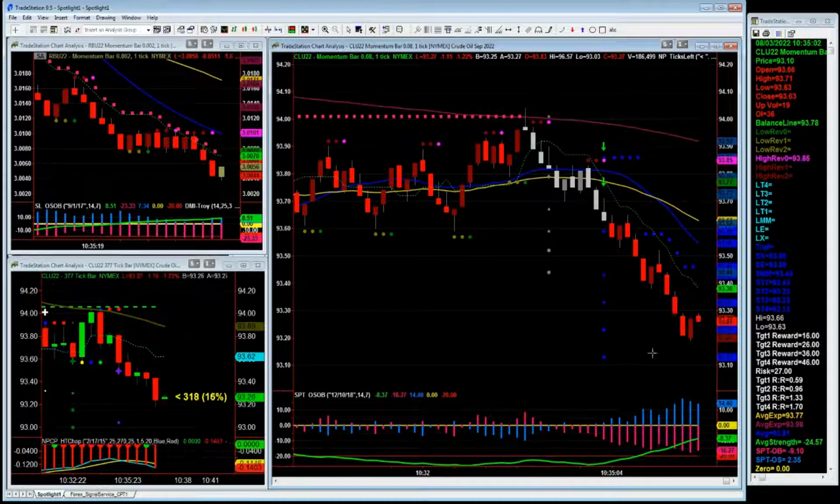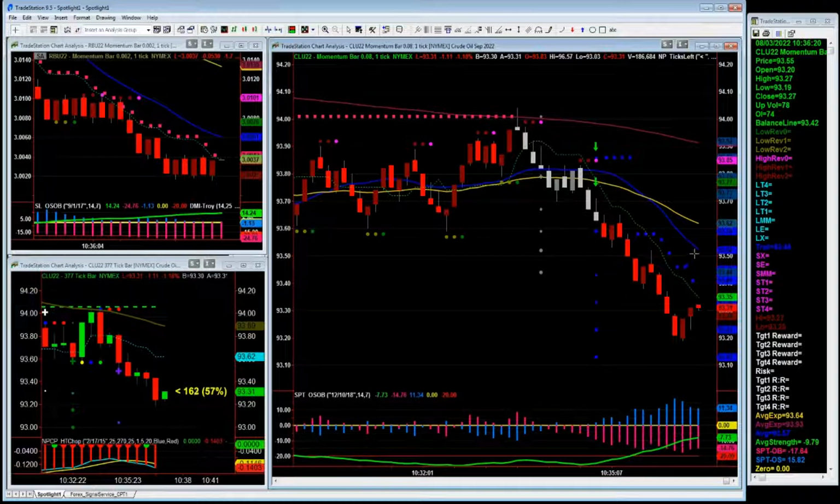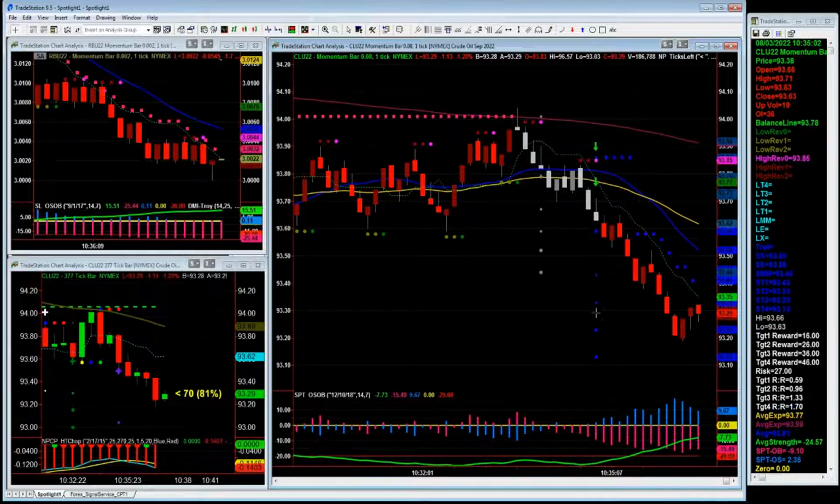Targets 2 and 3 reached. Make sure you're moving your stop lower. 93.46. And now the stop's at 41. 93.41. If anyone's going to target 4, that's going to be